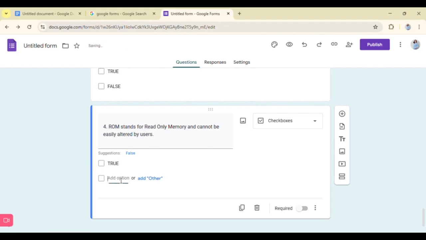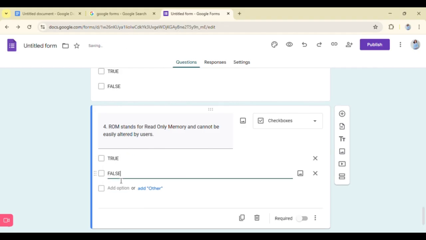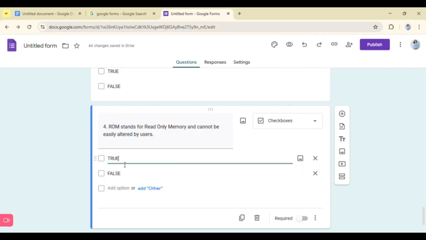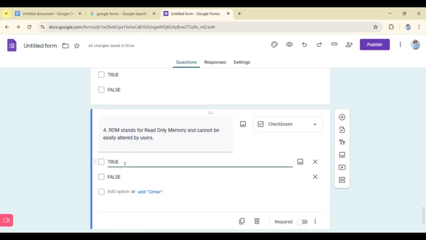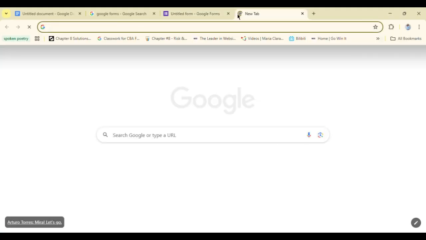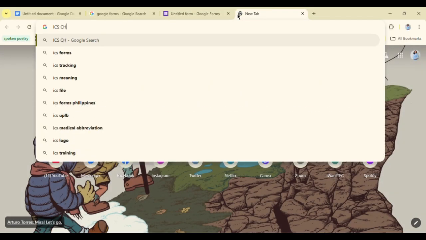True. Wait, when you say checkbox, okay ba? I think checkbox is for multiple. Wait, search natin for a while ha.